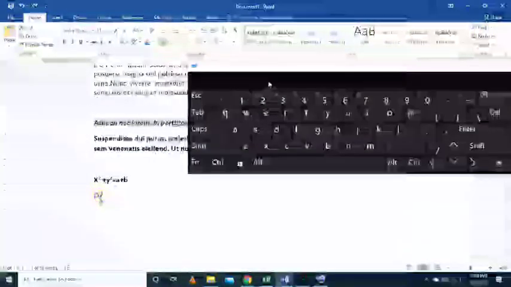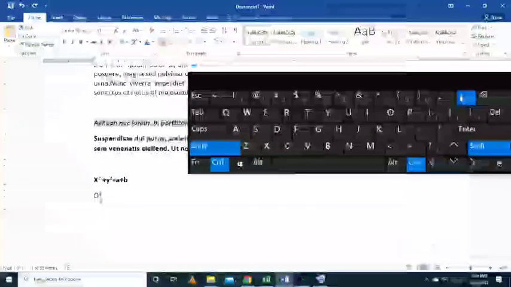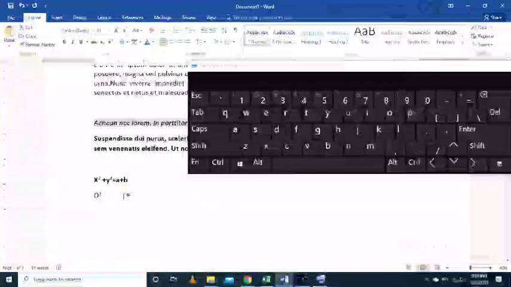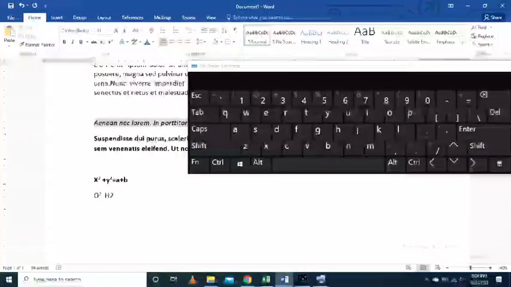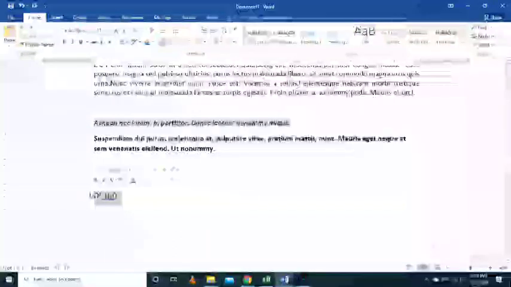Just select it first, and then Control Shift and plus for superscript. Suppose H2O. Now the 2 should be down, that is subscript. Subscript also you will find here, this one. But from the keyboard, you can press Control and equals, then it will be subscript, like that. So this is superscript and subscript. All those things you can do.